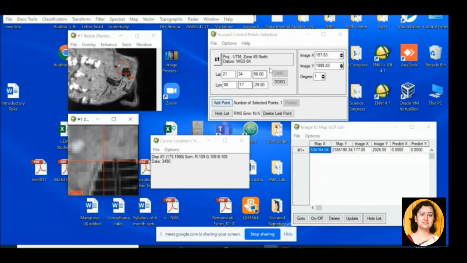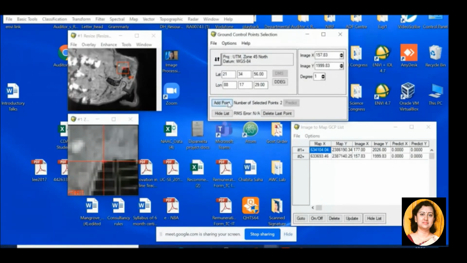I think the row column values are the way they have plotted over here is a bit different. Anyway, so let us add the point here. So 2 points are selected.